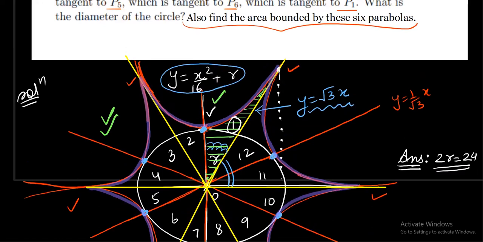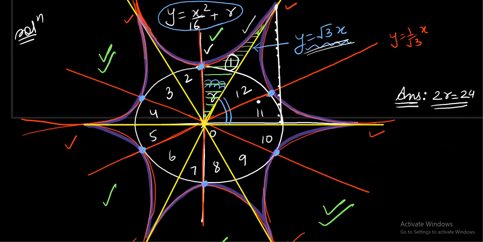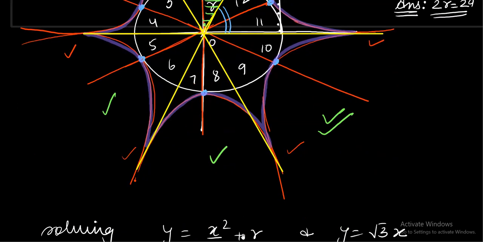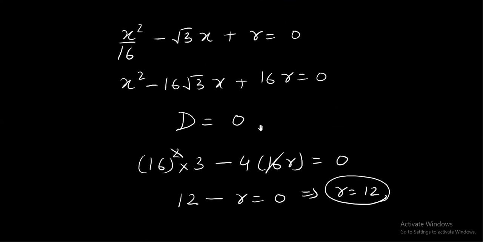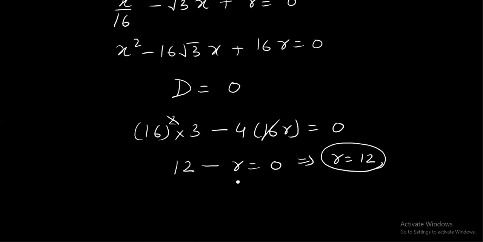अभी ये कौन सा पॉइंट आता है ये हमें चेक करना है, ठीक है। हम लोग क्या करने जा रहे हैं, ये जो लाइन है ना, द पॉइंट ऑफ कॉन्टेक्ट दैट आई नीड टू फाइंड आउट। हाउ यू आर गोइंग टू गेट दिस पॉइंट ऑफ कॉन्टेक्ट? वेरी सिंपल, सॉल्व दिस पैराबोला एंड द लाइन y is equals to √3x। तो वो भी हमने सॉल्व किया हुआ है, देखो वो भी हमने सॉल्व किया था टू गेट द रेडियस। ये हमारे पास इक्वेशन बनती है जिसमें r का वैल्यू वी गॉट 12। सो व्हेन यू कीप r is equals to 12 over here,